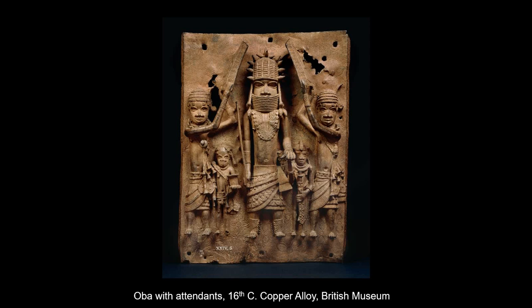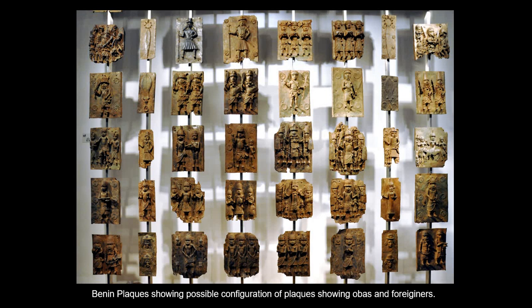In this case, the Oba is standing, and the attendants, again, one carries his stool, another one carries his kind of ceremonial sword, and two warriors hold their shields up to shield him from the sun. He wears this elaborate gorget, this beaded brass necklace that is both armor and kind of status symbol, and a helmet over his head to indicate his status and his power. Beautiful. These things would have been arranged on wooden piers and columns, and according to first-hand accounts, the entire palace was covered in these bronze plaques.